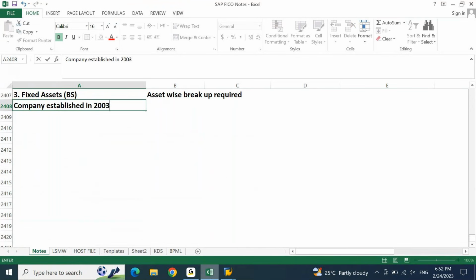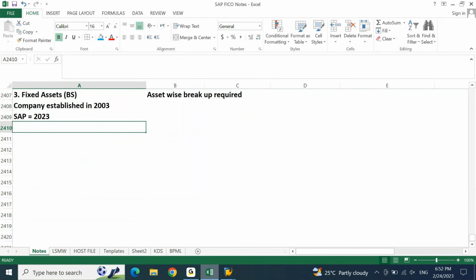Possible? Your client or your company may be established in 2023 and now you are implementing SAP in 2023. Now there may be a huge number of assets that the company was operating from 2003 till 2023, from the past 20 years,